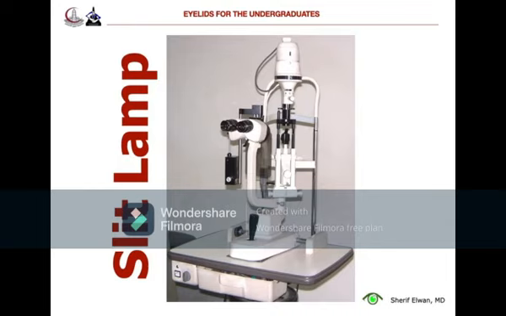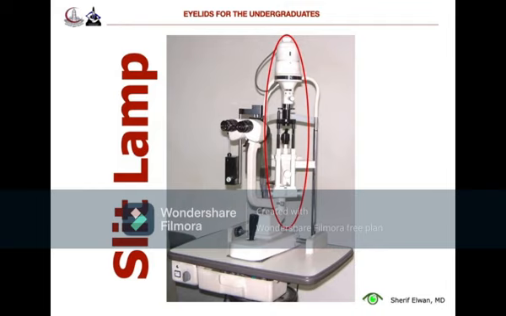Finally, as an introduction to the clinical part of ophthalmology, you should acquaint yourself with what is called the slit lamp. The slit lamp is the instrument most important to the ophthalmologist for examination of the eye. And it is simply a sort of a big torch, a big light source with a microscope on it and some attached other instruments. First, this is the light source that can be controlled into a streak, into a slit,